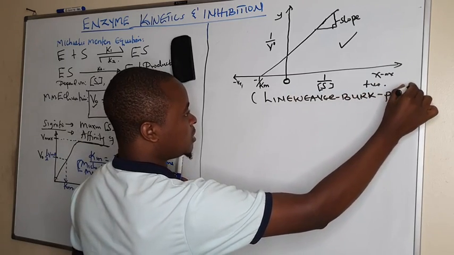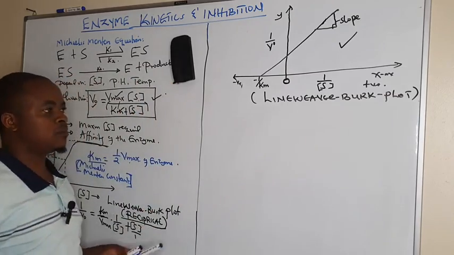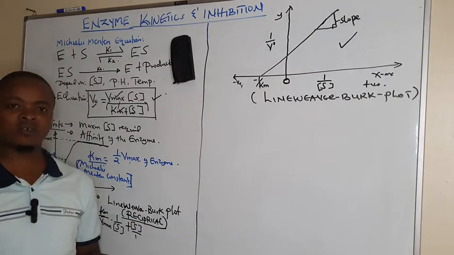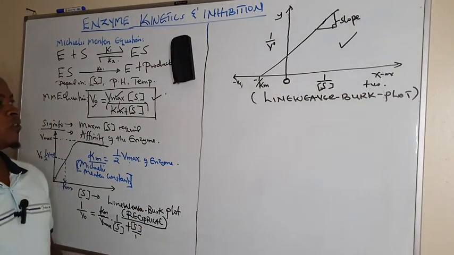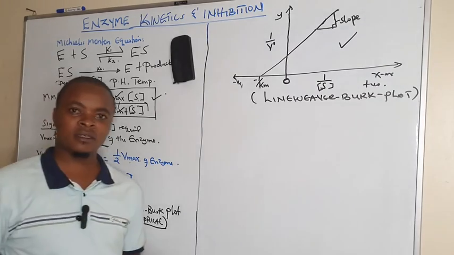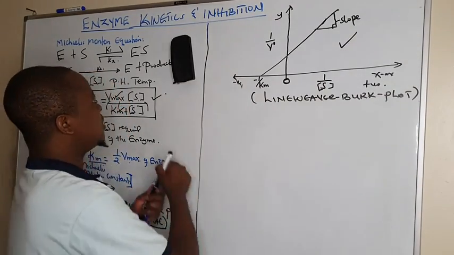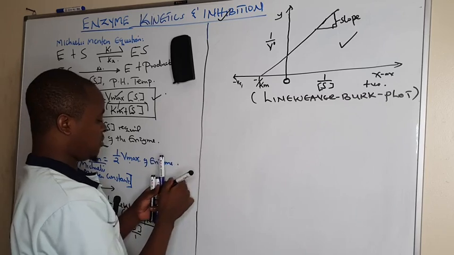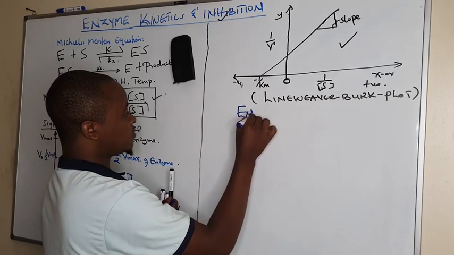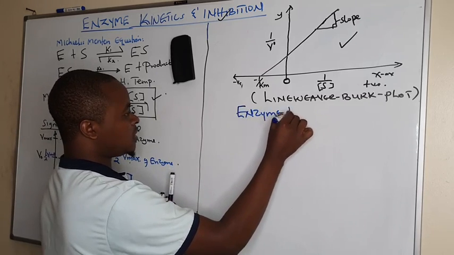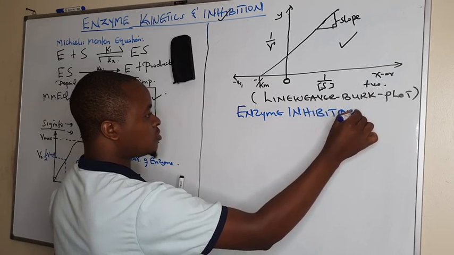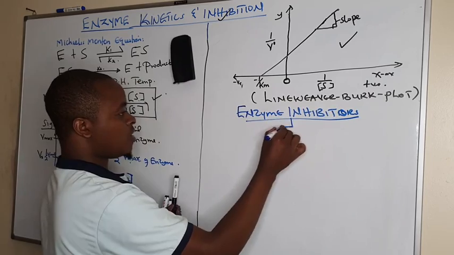Plot, which actually determines the Km and the Vmax of enzyme activity in presence of inhibitors. So from this, after learning this enzyme kinetics, now we are going to look at enzyme inhibition. We're going to look at enzyme inhibitors. And enzyme inhibitors are categorized into two, whereby we have